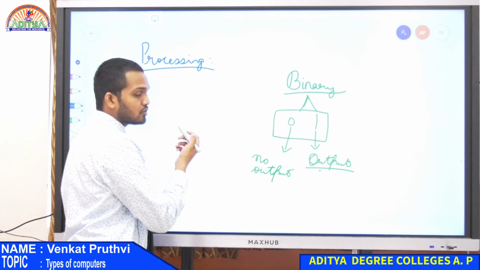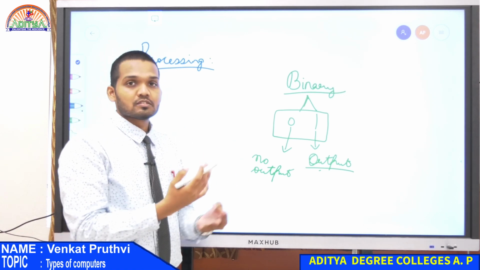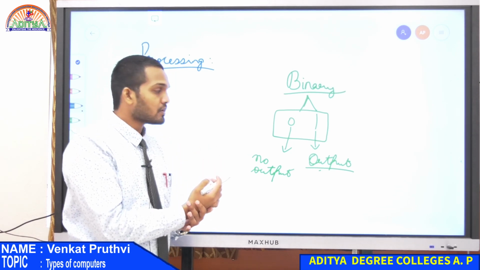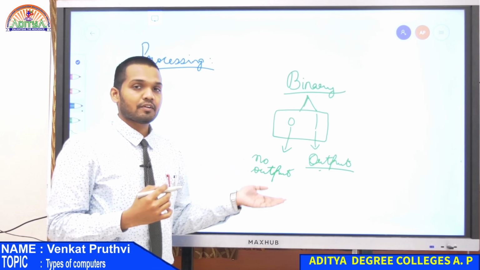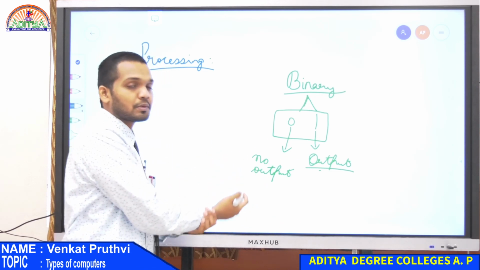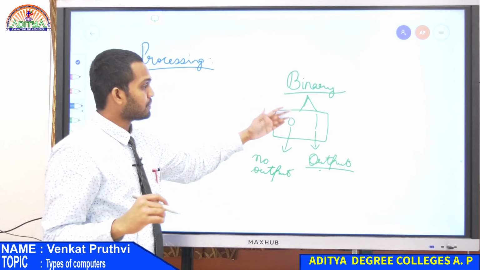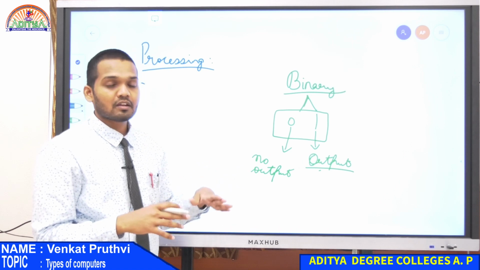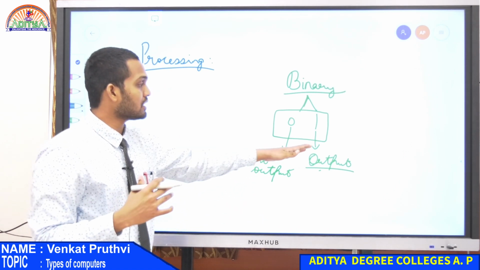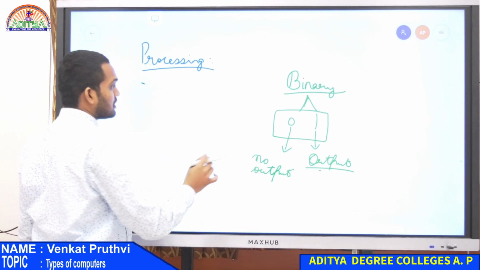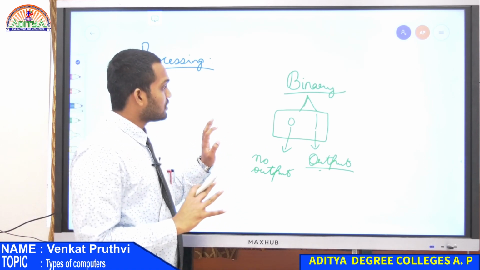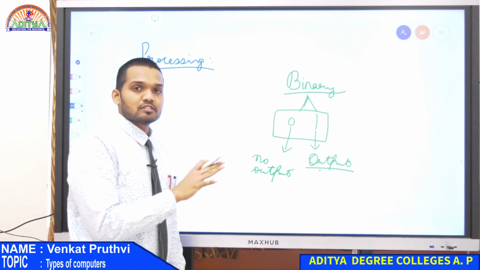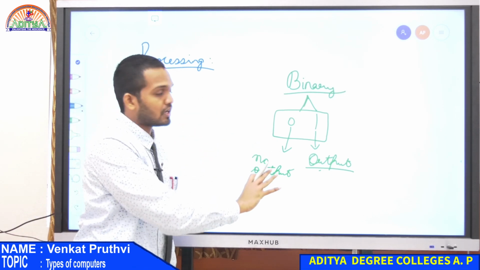Suppose the circuit is processing, or there is some voltage that is passed into it. If there is an output after the circuit has processed, then it will consider it as 1, because there is some voltage that is passed into that circuit and there is some process that has happened. Based on that, it will understand that. Now, let us not make it more complicated, but I want you to understand binaries first. The computer generally understands only zeros and ones, that is what we know until now.